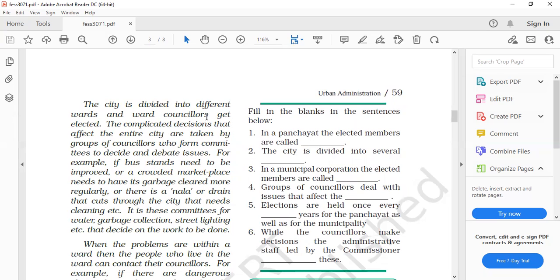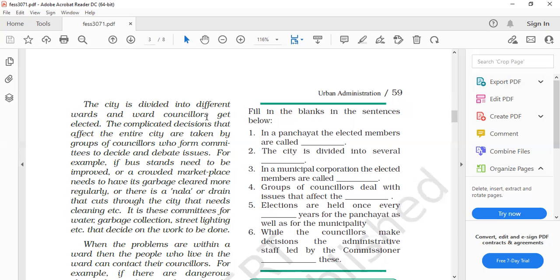That is, what are the responsibilities of a ward councillor? Give examples. Here you can get the responsibilities of ward councillors. So the city is divided into wards and the ward councillor solves complicated situations in the ward. Which type of question do you want to get? That question is: when problems are within a ward, who will decide on issues and who will implement the solution to these issues?